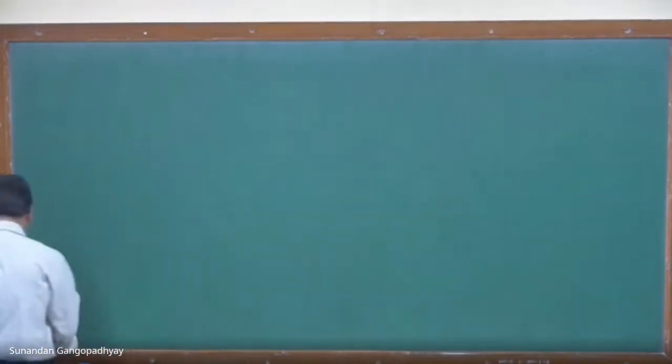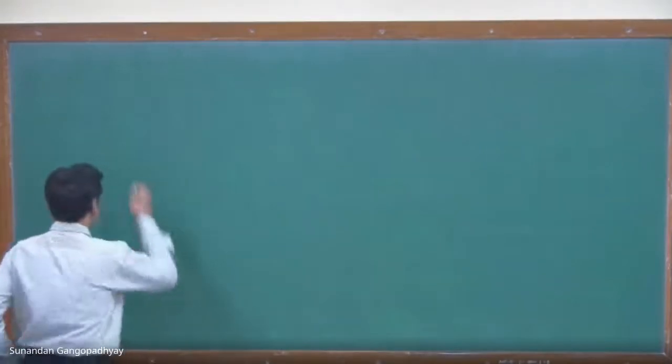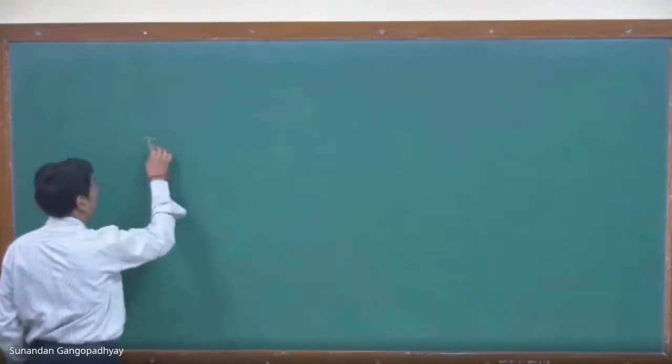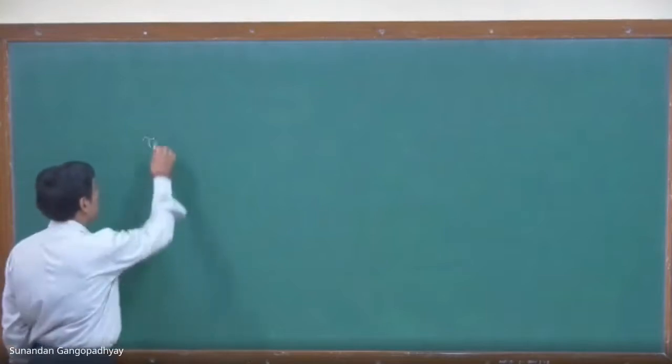So let us start with the discussion of the real scalar field. Let us look at the 2-point propagator once again. So you remember that